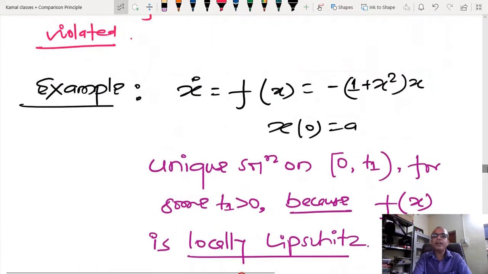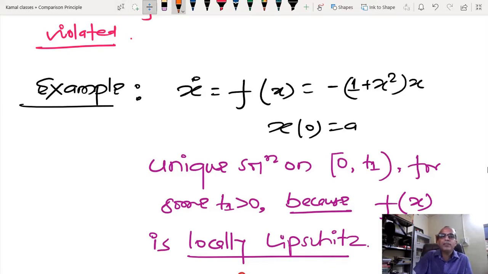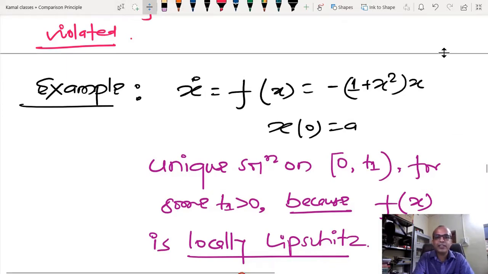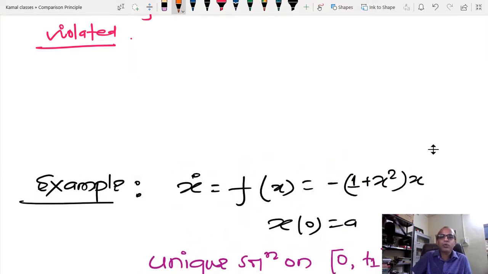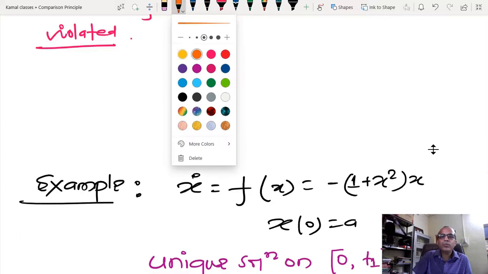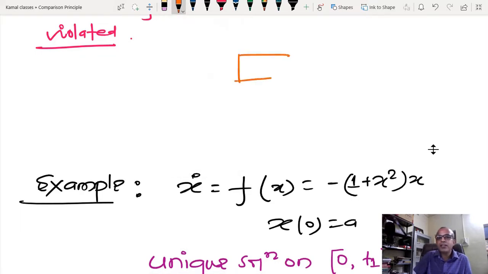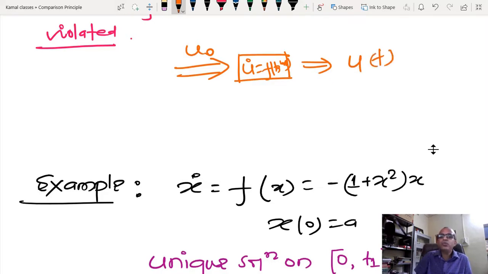So let us again come to the conclusion of what we have proved in this theorem. I will again discuss the steps of the proof, and then things become a little clearer. Basically, I have some system, and I know that this system has initial condition u0 and a differential equation. Using this differential equation, the system is going to evolve, and I know ut. But I do not know how to solve this equation, because it is very, very complicated.